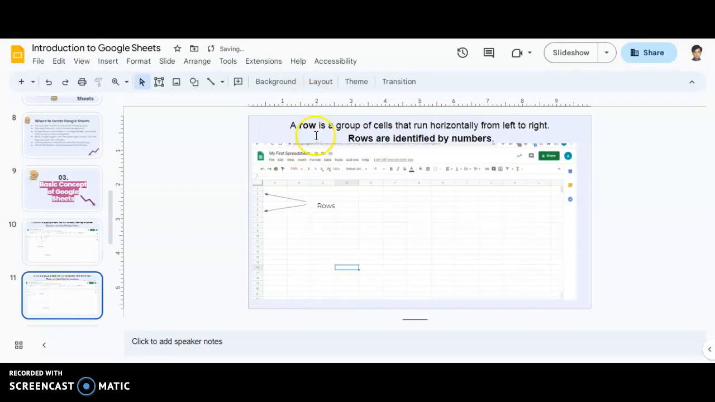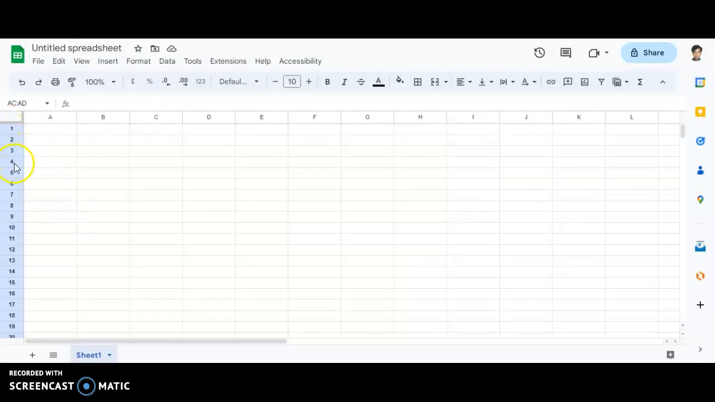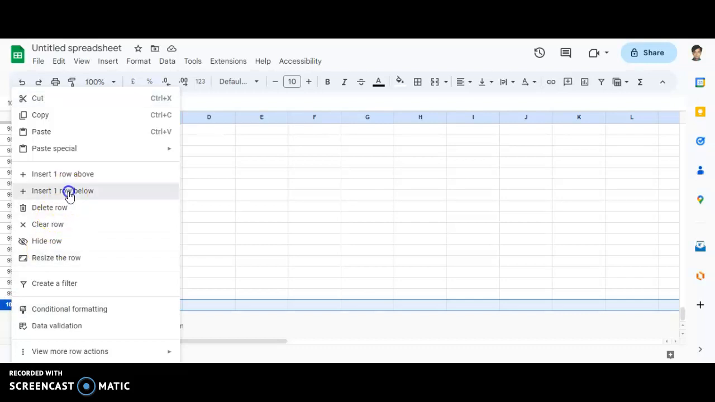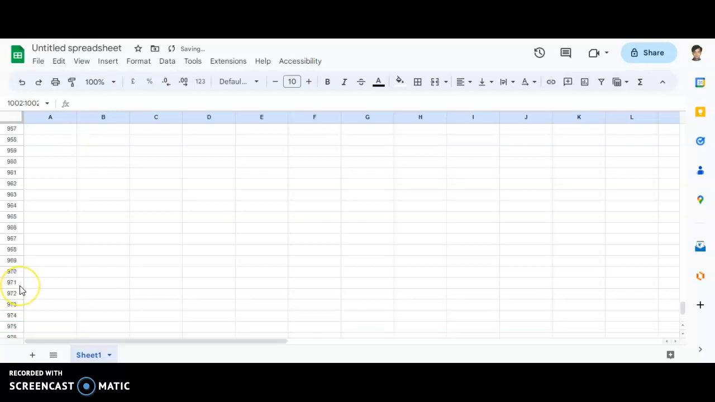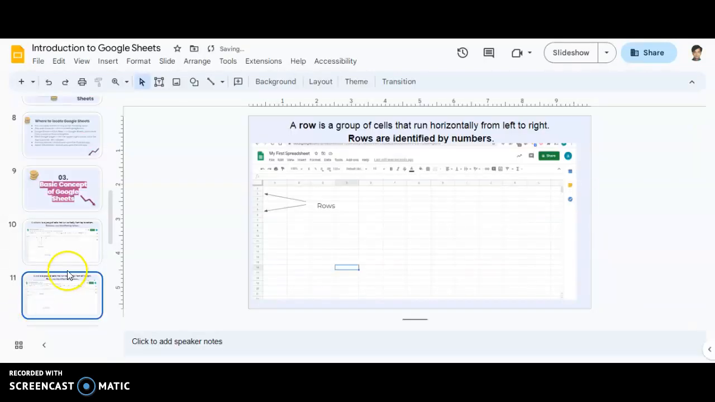Now a row is a group of cells. The numbers that we are able to see over here, 1, 2, 3, 4, 5, 6, and so on. By default, we will go till, I think, 1000 rows. So we are required to scroll down and we have to see, yes, it is thousand. And if I try to insert a row below, you will be able to see 1001, 1002, and so on. So remember, the numbers are called the rows, and the alphabets are called the columns. So we are clear with the two concepts of Google Sheets, that is the columns and the